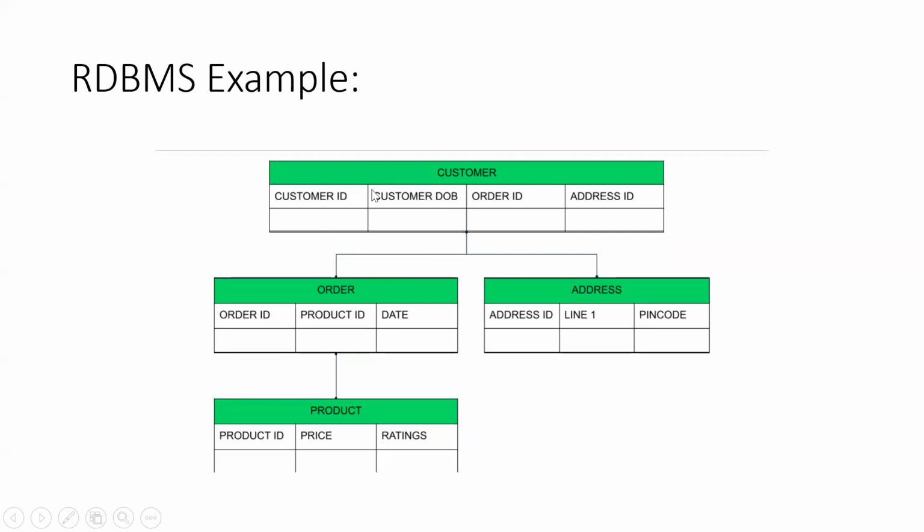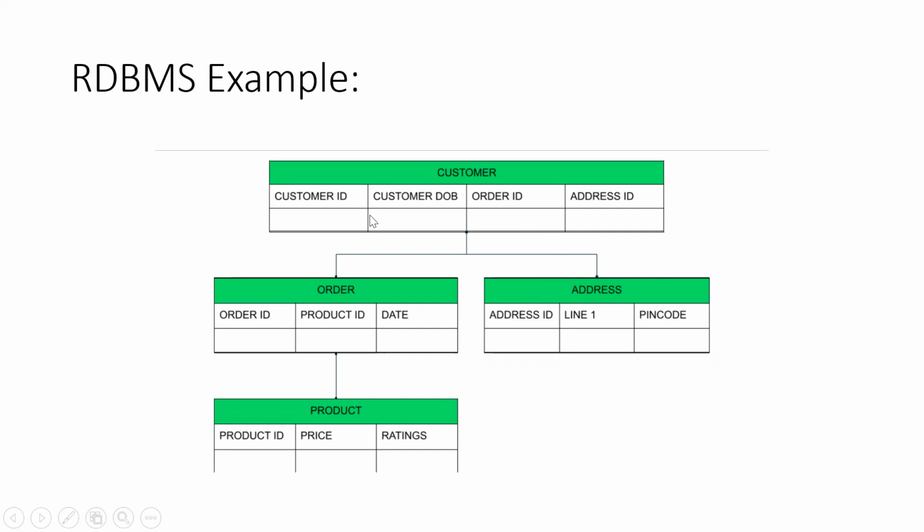Similarly, in this table for the customers, we do not have the PIN code for this address ID. Okay, I have access to this customer table. Now I want to check the address of the customer ID. Address is there, address ID is there, but the PIN code and detailed address are not there. So I can definitely set a relationship between these two tables having address ID as a common column. After setting the relationship between these two tables with this common column, I can get the PIN code information for this customer.